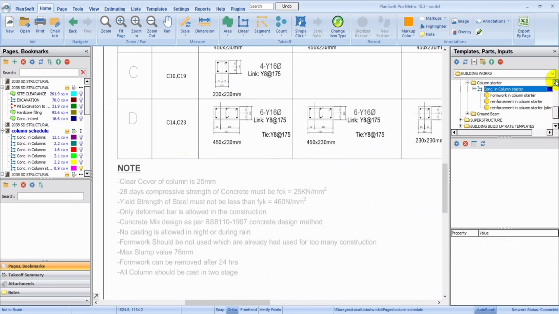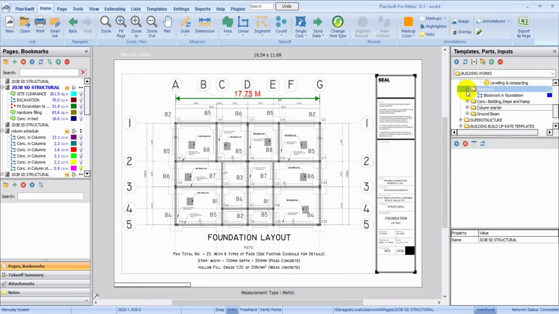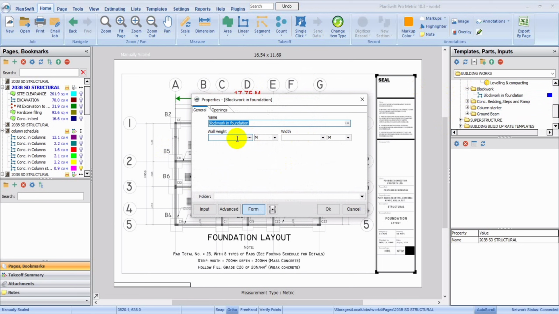If you have ground beam, you take off. If not, you let it be. And the last that will be taken off for substructure is the block work. So the block work is easy. We already know the wall height here is 1.35, minus, you can just minus the ground beam. Anyway, let's just go ahead and just take 1.35. The width is 0.23, and